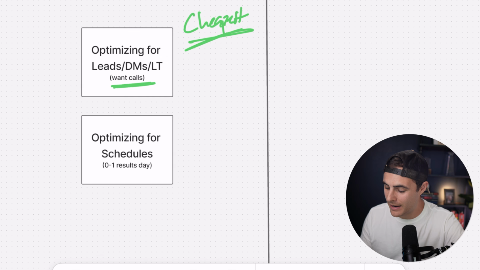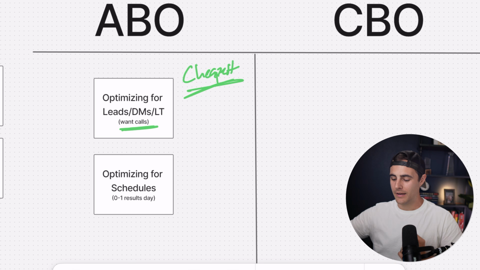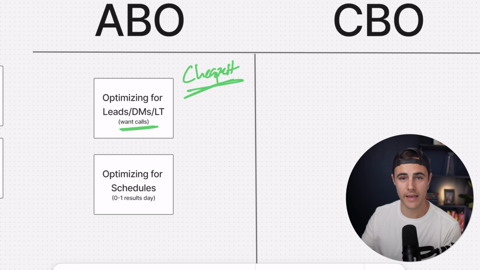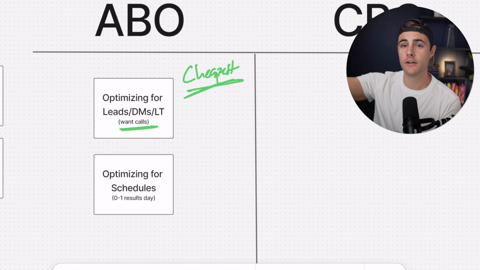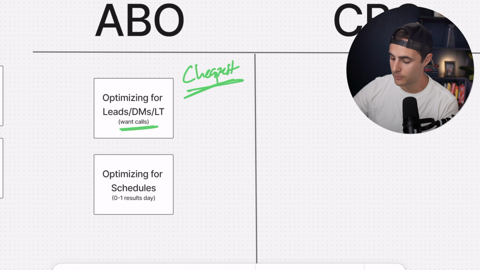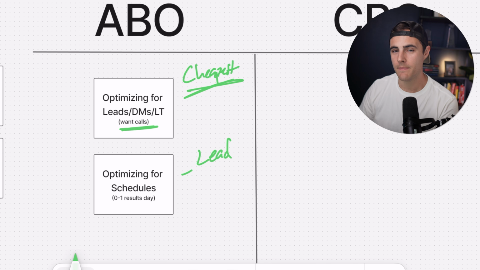Because I'm limited by my budget on a low ticket or again, a longer term funnel that I might only get an event per day, I'm gonna have to manage that and do a little bit more media buying. I'm gonna use ABO for that. So the same structure, I might have $150 to $250 a day, and I have to really monitor my actual cost per lead and make sure that's still within KPI. And if it's not, I'm gonna have to kill that campaign.